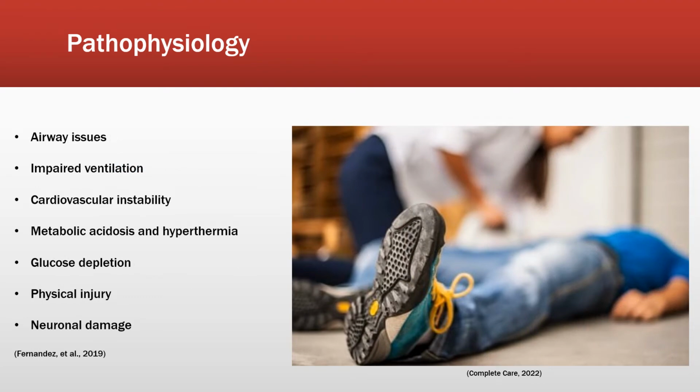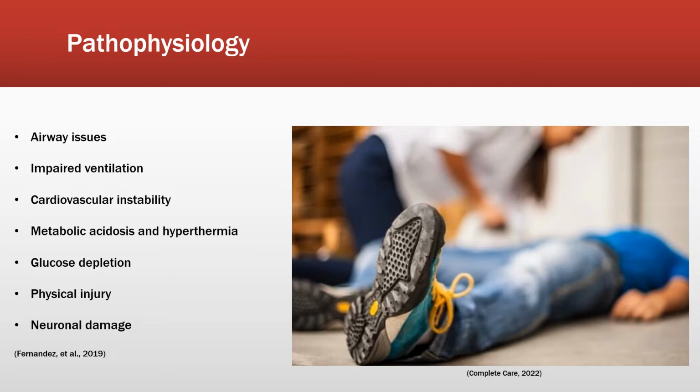What this means for the rest of the patient is an assault on multiple body systems via various mechanisms all at once. Prolonged seizures can result in airway issues, either through anatomical occlusion or obstruction with vomitus or blood from a bitten tongue, for example. Aspiration may impede their normal ventilation, as will the generally rigid tone of the chest wall during convulsions. Hypoxia may lead to cardiovascular instability, and continuous use of large muscles will create a significant amount of cellular waste.